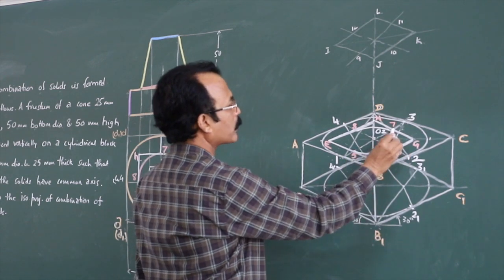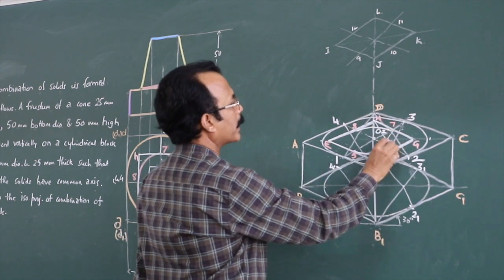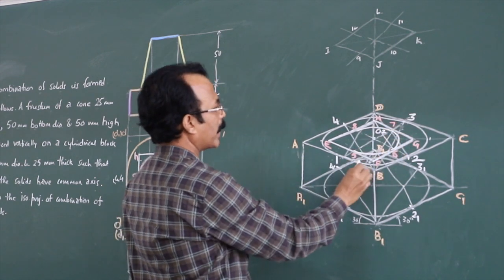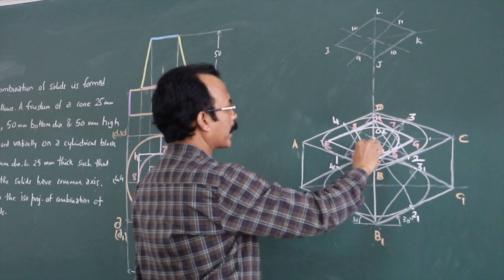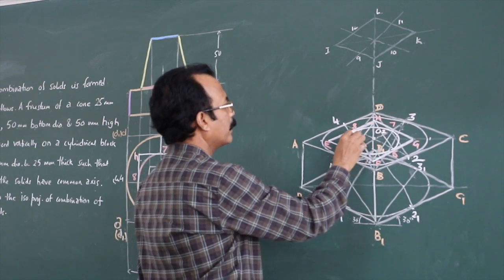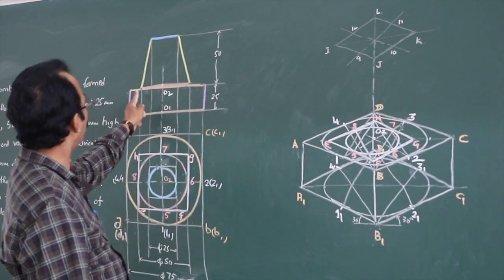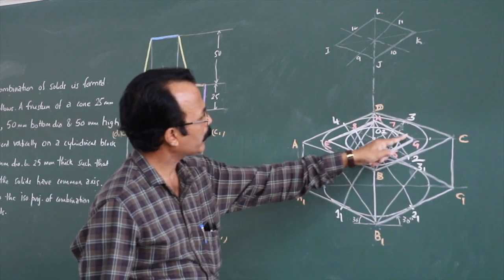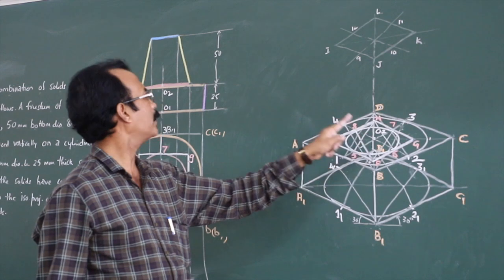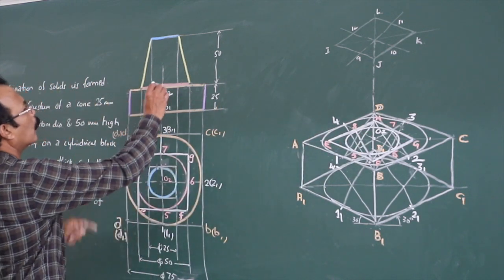Then connect F7, H6, you will get a new center, draw another part of the ellipse there. Then F8 you connect, H5 you connect, you will get another center, you connect this, get this ellipse. So effectively you have constructed box within the box and an ellipse there, right. So this is for your bottom of the frustum of the cone, that is O2.